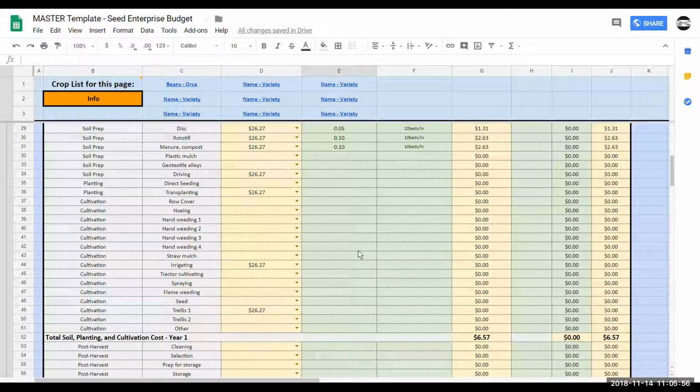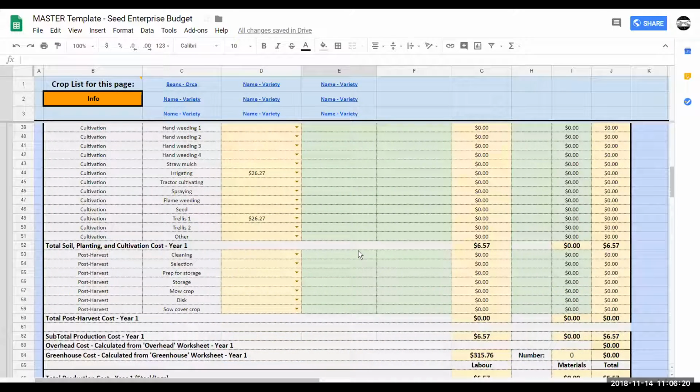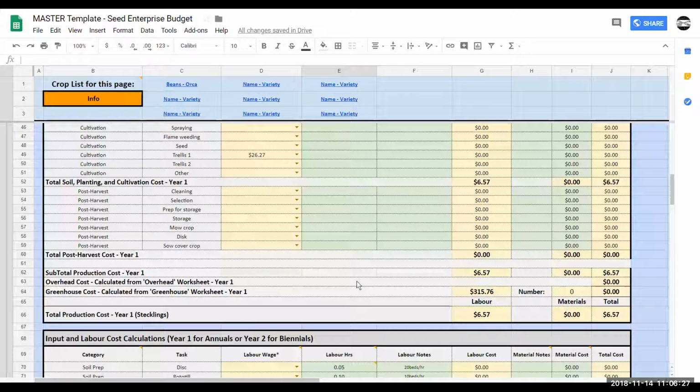So when we look at producing a crop, we're looking at all components of that. So that's going to mean preparing the soil, seeding, weeding throughout the year, any trellising we need to put up, any crop care we need to do, going through looking for insects, anything like that. Some people have a gift of being able to record their time really well. Other people, you're just going to have to make an estimate based on how much time you think you spend with a crop. I'm of the opinion that estimates are suitable. But if you are spending more time with some crops than others, it's important to know that.